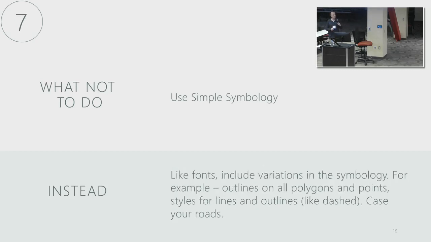This goes along with it too: don't use simple symbology. Mix it up. One of the examples I have here is the outlines. If I don't use a dashed outline in my ArcGIS Pro map somewhere, then I won't have that option as a pattern in the editor. So symbology, breaking the data down, and labeling are all in the same category: do an obnoxious amount of variety so you can use all of that stuff later, because if you don't, you start from the beginning and learn your lesson that way.